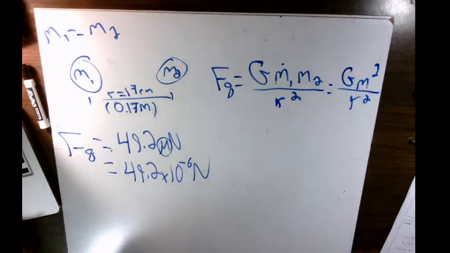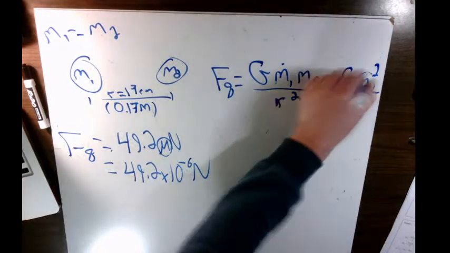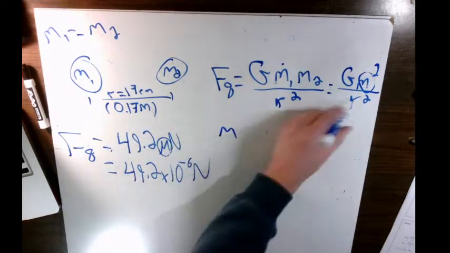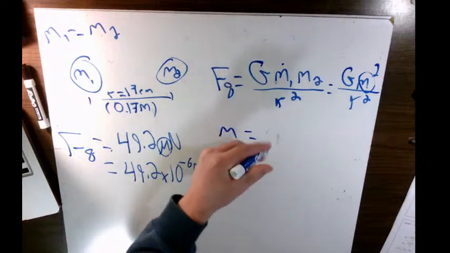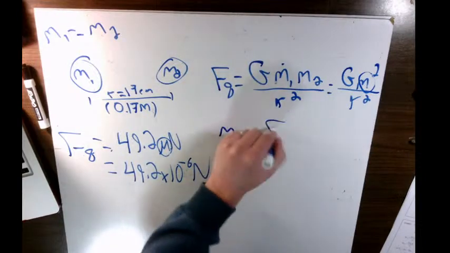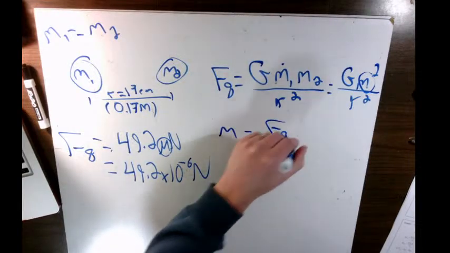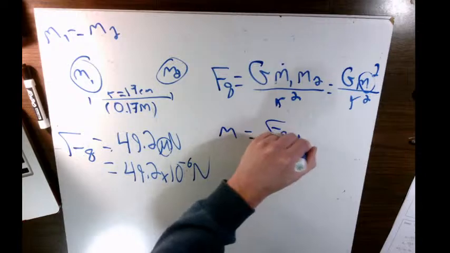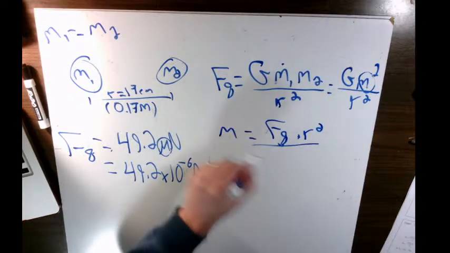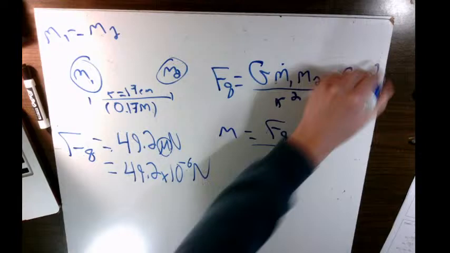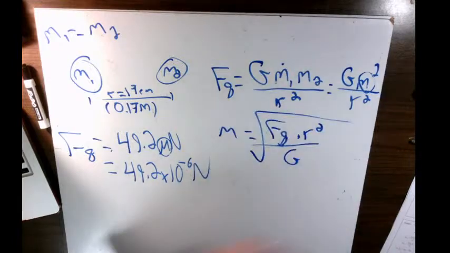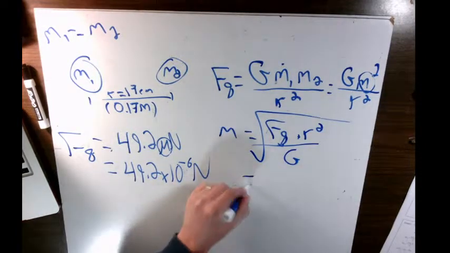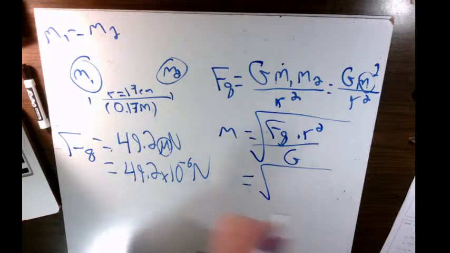They're the same. I'm just going to use it as a generic M for mass, and I'm going to try to solve for a mass. So I'll need to multiply by radius squared. So I have my force of gravity times radius squared divided by the gravitational constant. We have a square root there, so I'm going to square it, and I'm left with the square root of